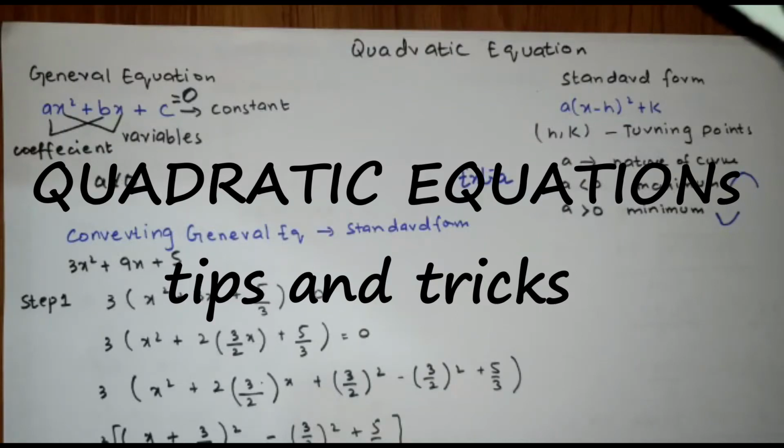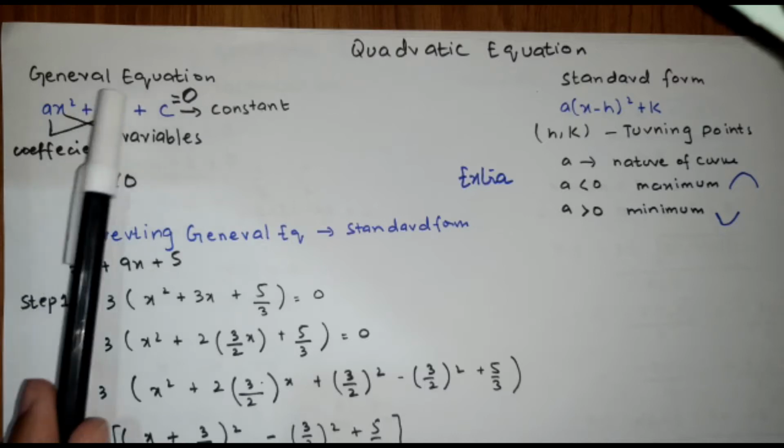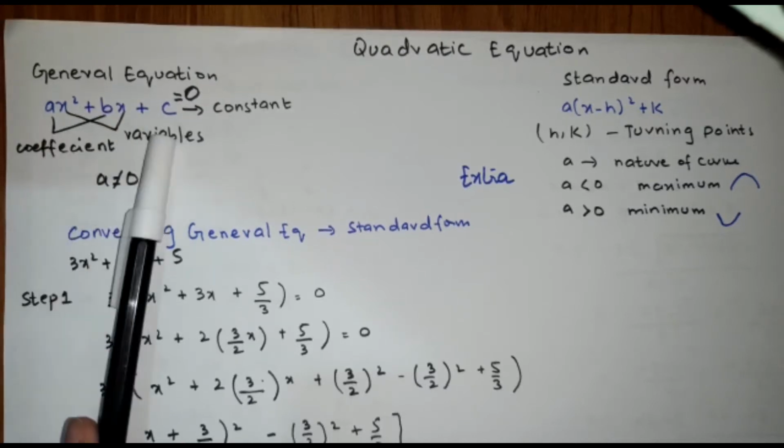So in today's lecture we are going to talk about quadratic equations. So what is a quadratic equation? Any equation in which the maximum power of a variable is equal to 2 is called a quadratic equation. So here you go with the general form of a quadratic equation, that is ax² + bx + c